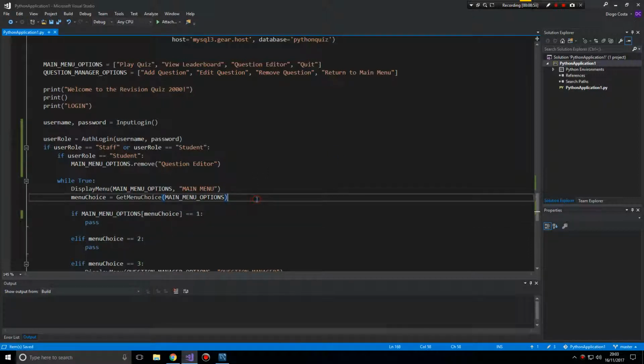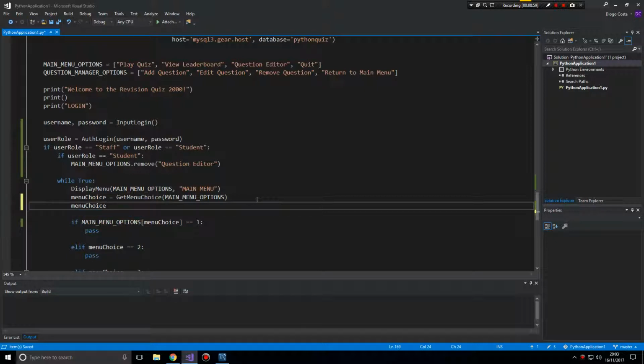What I should actually do is I should do the menu choice minus equals 1. If main menu choice is equal,